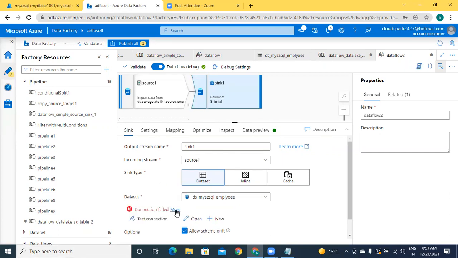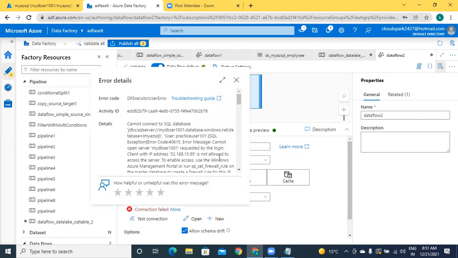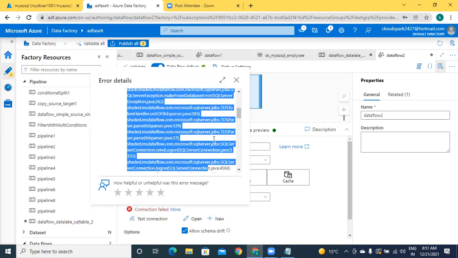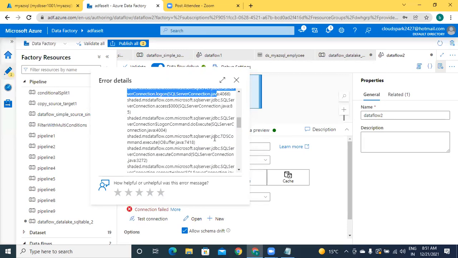Connection failed. The reason, maybe some new IP address is generated over here.